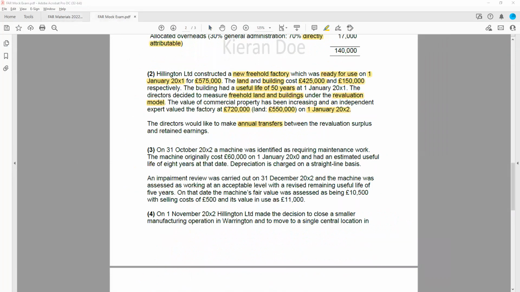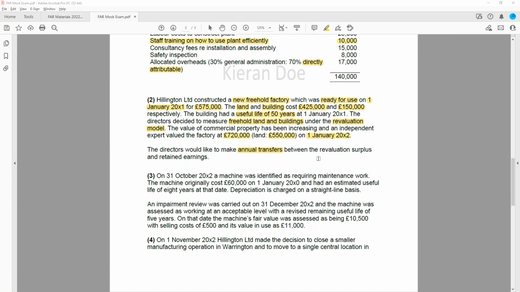So let's bring this to life now with some numbers, and again we'll continue to think about the exam technique that we'll use here. Once again, you can see how we've been through this question, we're thinking about all those complicated parts about the annual transfers between the revaluation reserve, and you might have all these things racing through your mind of, how does the transfer work? Does it impact the P&L? Does the depreciation in the P&L get impacted? And you're thinking about all of this, and perhaps panicking a bit on exam day, but